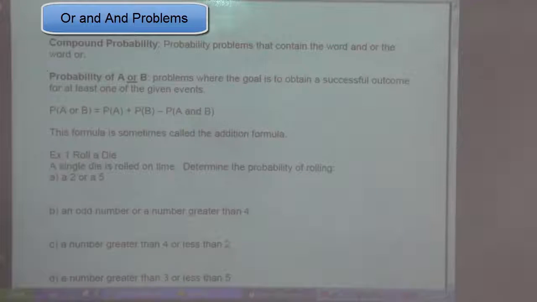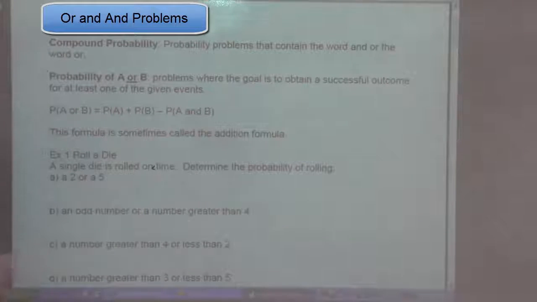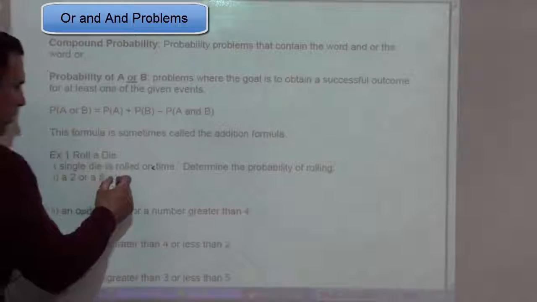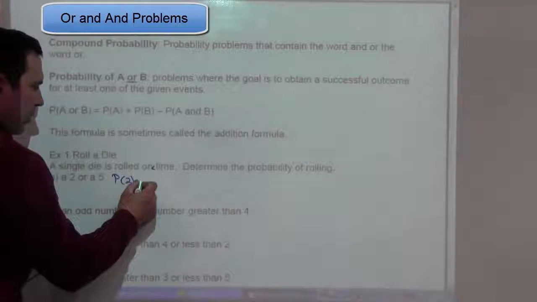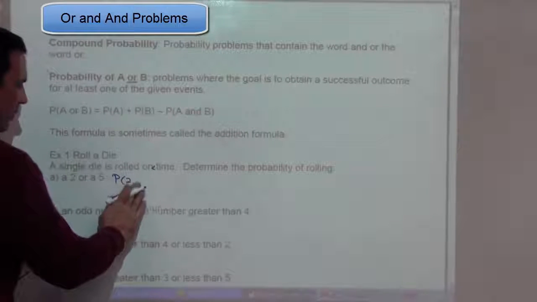So, roll of a die. A single die is rolled, I should say not one time, but one time. Determine the probability of rolling a 2 or a 5. So the probability of rolling a 2 or a 5